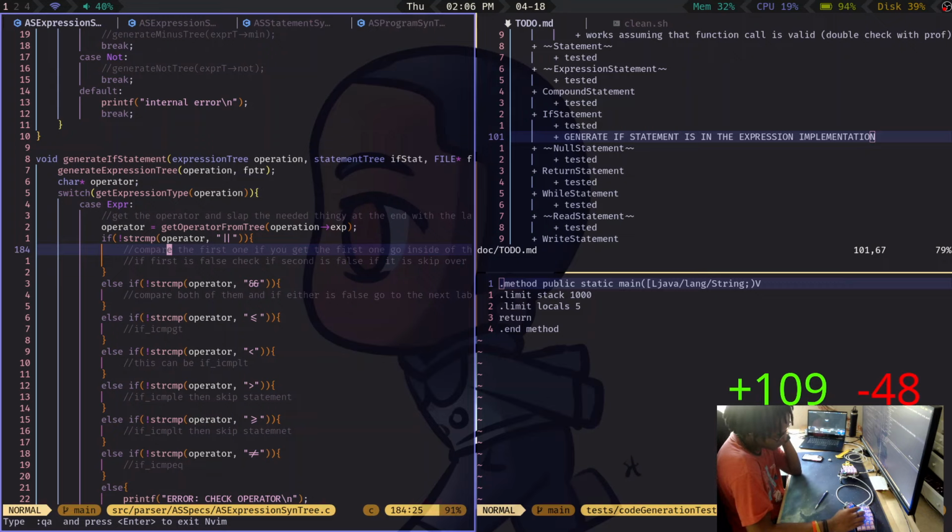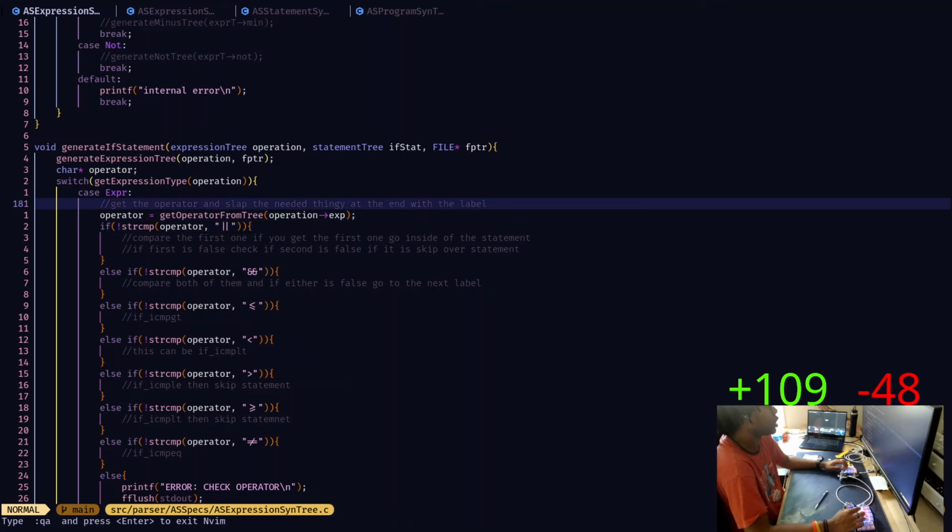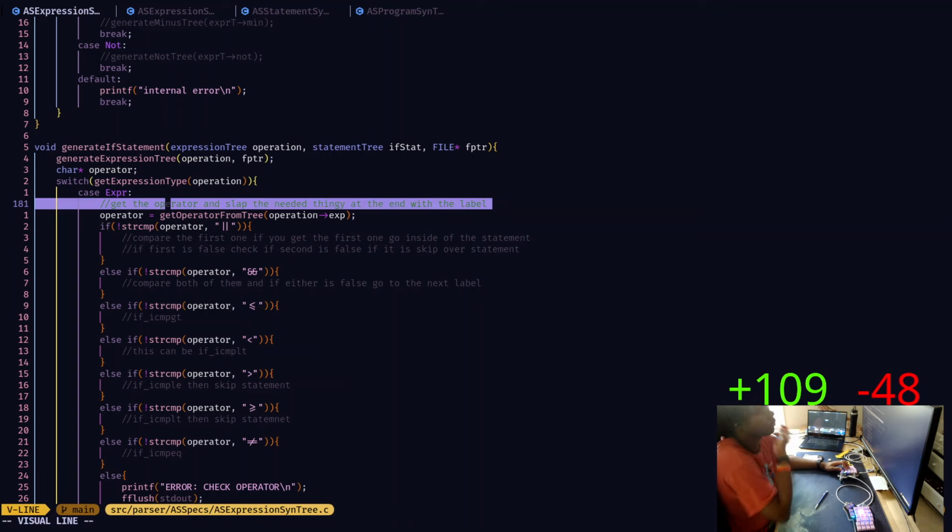First one. Okay. So get the operator and select the needed thing. Right. And then you generate. Okay. I see.